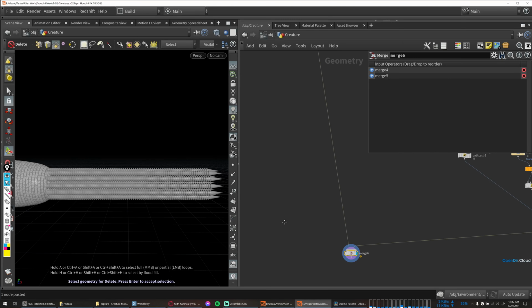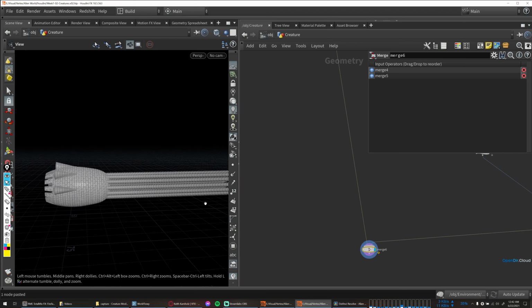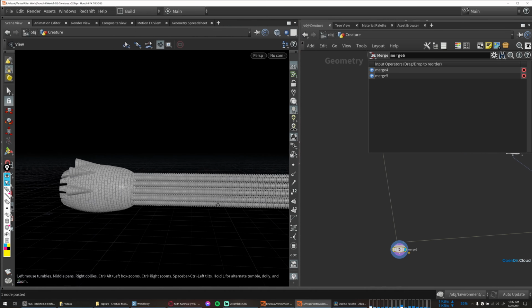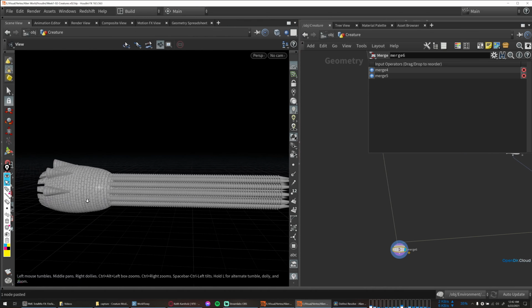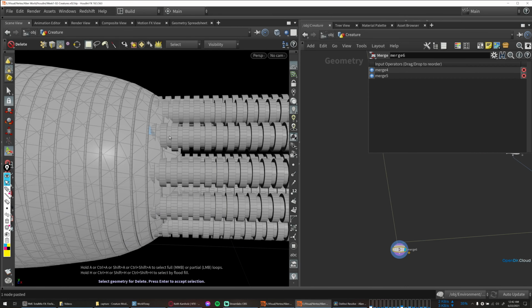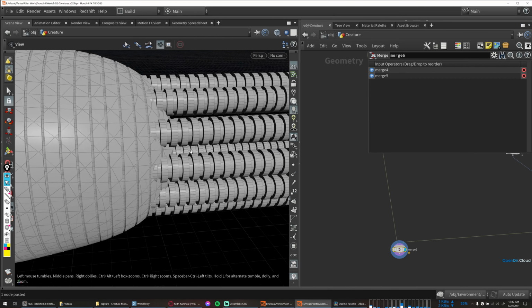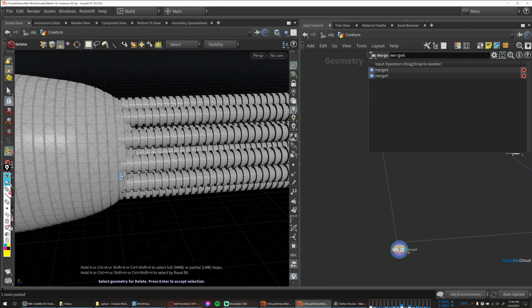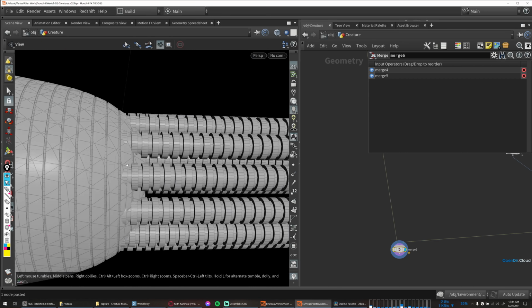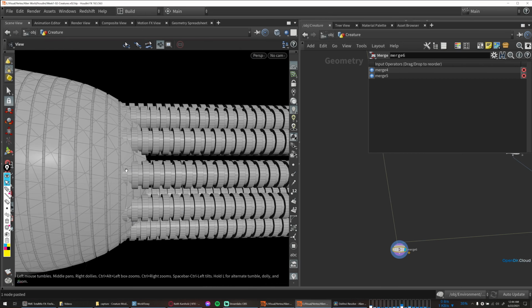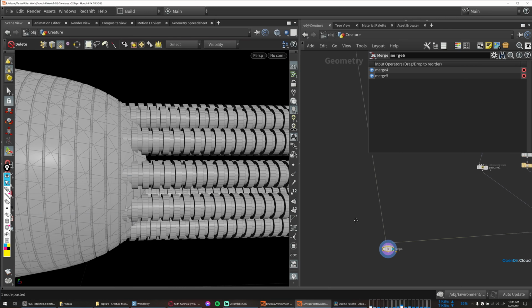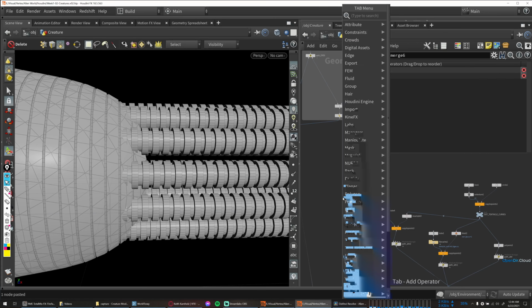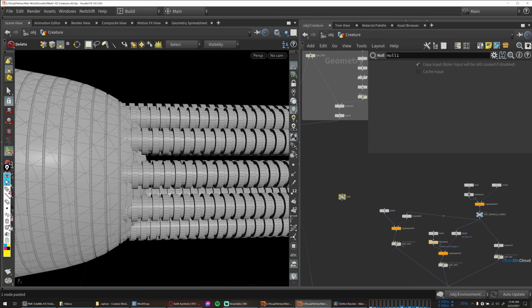And this is starting to look pretty cool, but I want to do something a little bit nicer for where the tentacles meet the body here. Right now they don't really flow into each other very nicely. Now in order to create some nicer shapes here, I'm going to once again base that off of the lines that we created. So let's template what we have so far, and let's grab a null connected to our curves